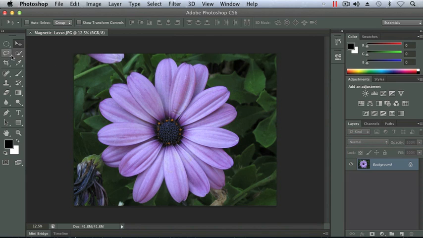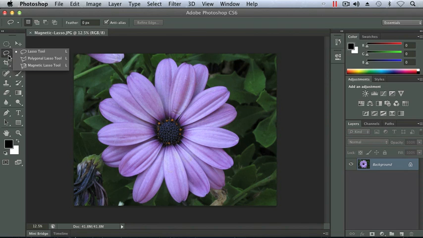So the lasso tool, if you click and hold on the lasso tool, you'll see we have the lasso tool, the polygonal lasso, and the magnetic lasso. So let's begin with the lasso tool. You'll see we have a little lasso hanging on the edge of our cursor. And when I click and I drag, I can create a selection, any shape I want, by simply dragging my mouse. And as you see, I can follow the edge of my flower,